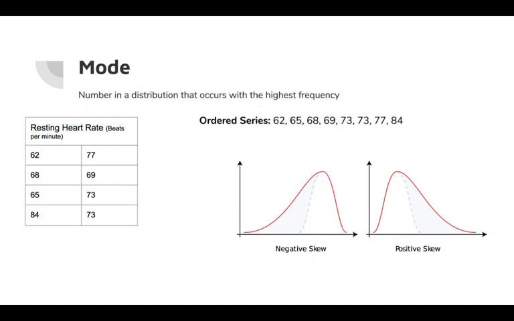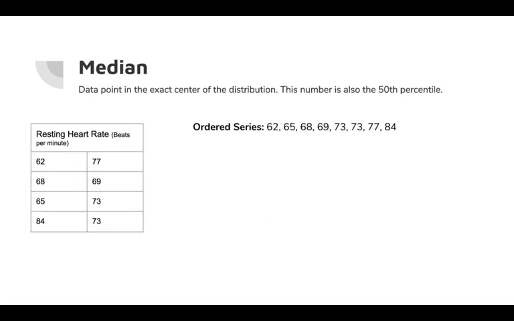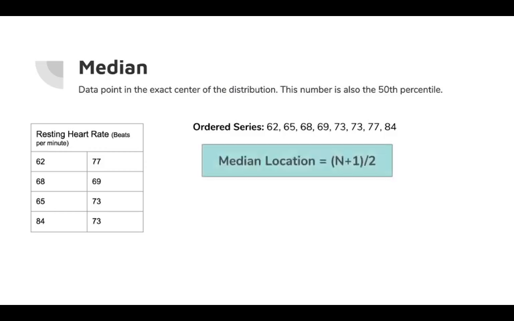So for us, that's the mode. What is the thing that occurs with the highest frequency? The next one we want to look at is the median, and for this, it's the data point, the number, the value, what is in the exact center of your distribution. Often it's also called the 50th percentile,